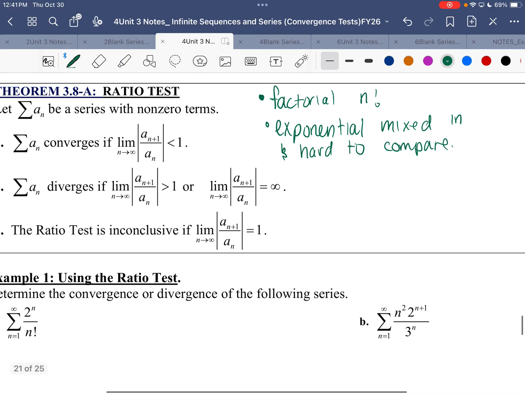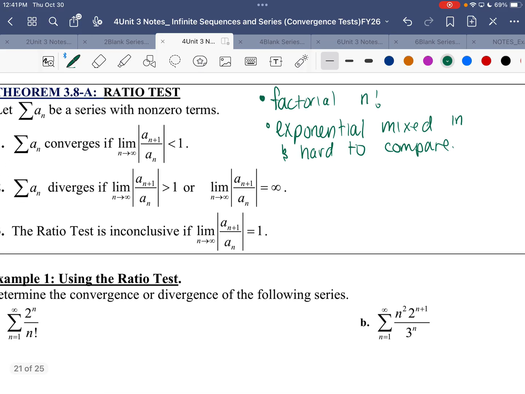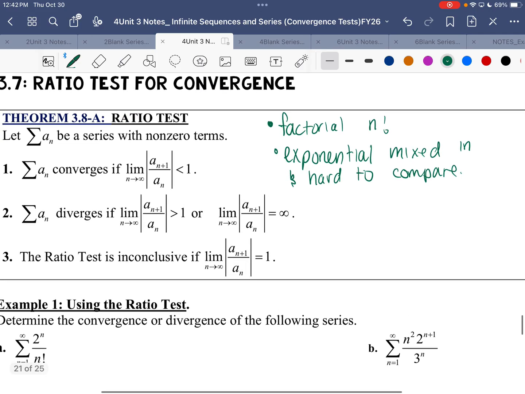Exponentials, like if we're looking at 1b, the exponentials are mixed in with the n squared, and while you might think you can compare it with 2/3 to the n, the squared makes me a little nervous if that's changing too much about it. So I would probably just do the ratio test for b because I'd be worried that I'm not really comparing something true to its nature. So we got factorials, exponentials, and also in 3b,